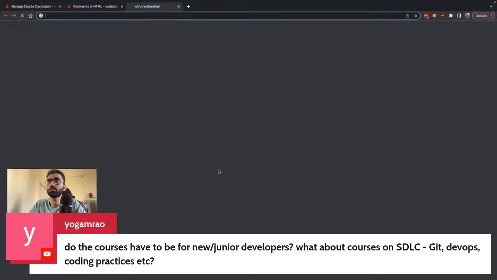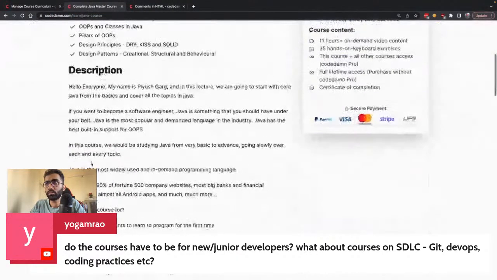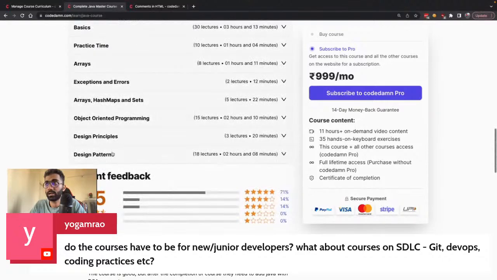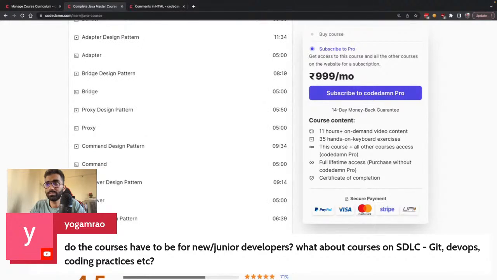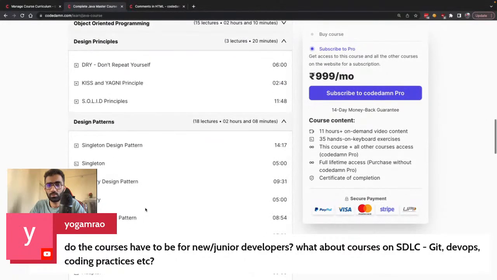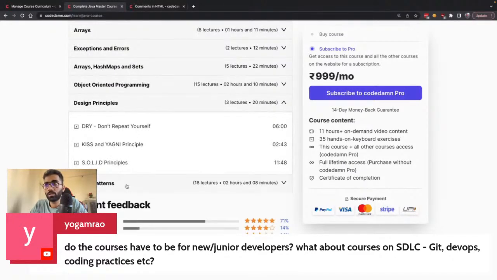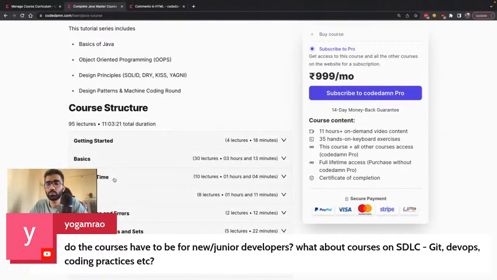I think one of these courses which was launched, codedam.com/launch/Java course. This gets fairly advanced after a particular duration. It's over an 11-hour course, which is interactive. So you see, it consists of these design principles, design patterns, factory design, builder design, with all these labs as well. So I think that's okay. You can go forward and make it a complex course as well. If it is an intermediate and advanced course, you probably are going to get more sales also, because you're tapping into an audience which is eager to learn, but also is untapped in a way, because there are a lot of courses on basic things already.